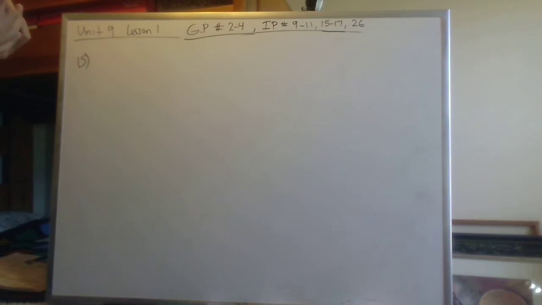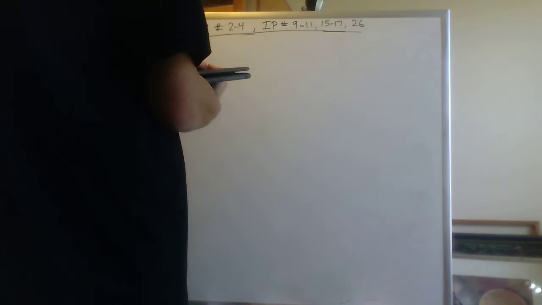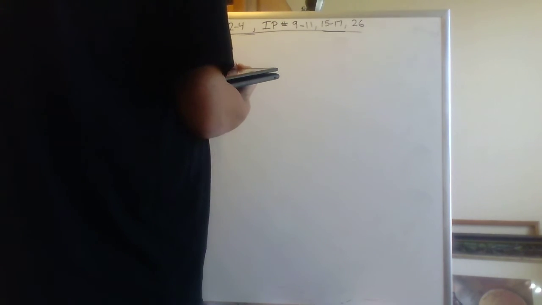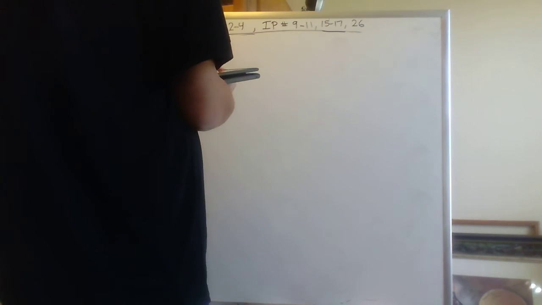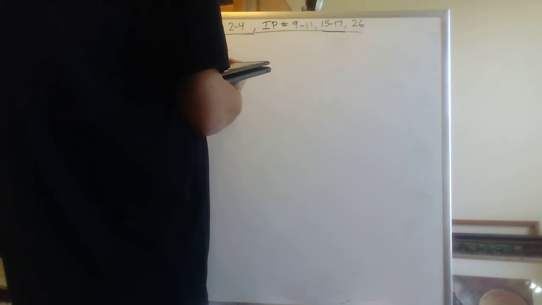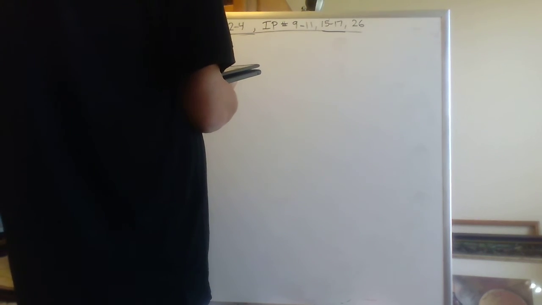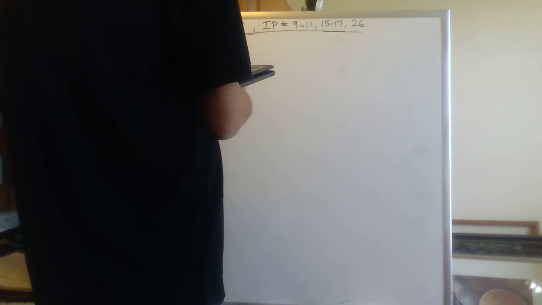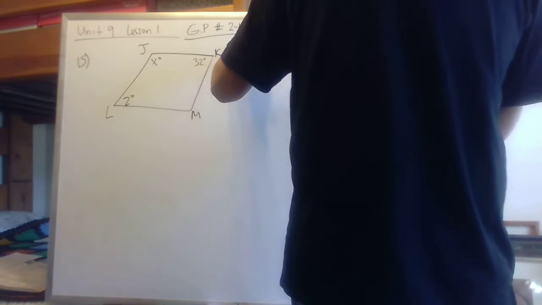So number 15 says find the value of each variable in each parallelogram. So we have another parallelogram, JKLM, and we have X degrees, Z degrees, and 32 degrees. So they want you to solve